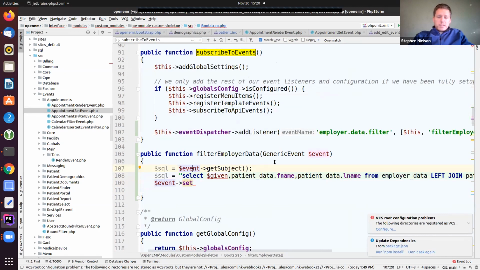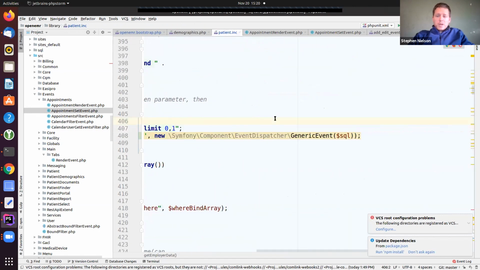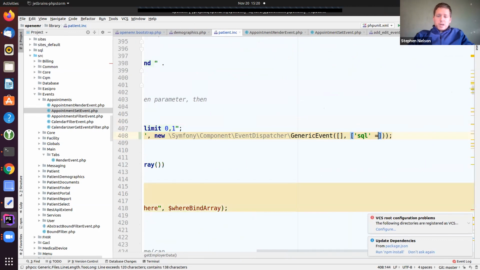I'm now going to, oh, I forgot about generic event. So we're going to leave that to be, sorry, this is what I get when I'm doing coding on the fly. I'm going to leave that and put this as the argument here. So subject is something usually you can use for page name.